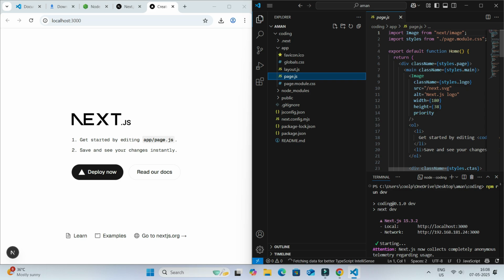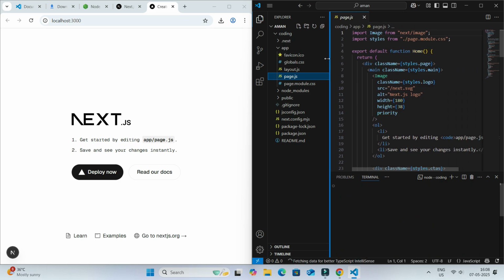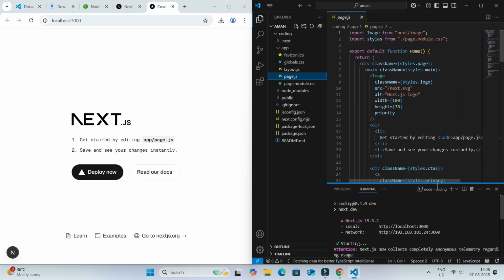If you make any change in this code, I am first keeping it like this, and here I am scrolling a little down, and if you make any change on this page, then it will be reflected on this Google Chrome page. Guys, I am telling you this because Next.js is running successfully, but if you want to make something like a web application or customize your page, I am showing you right now how you can customize. To customize, you have to simply come to the page.js file in the app section.